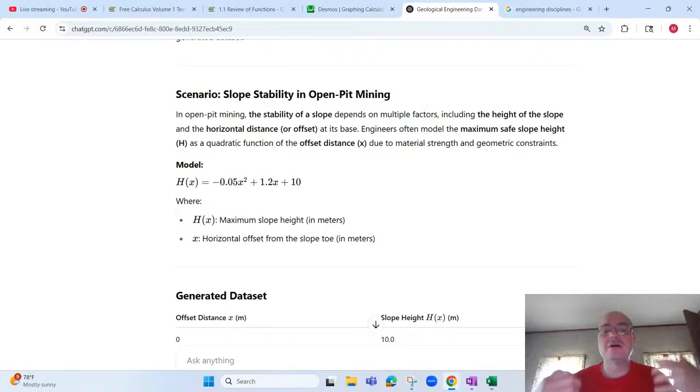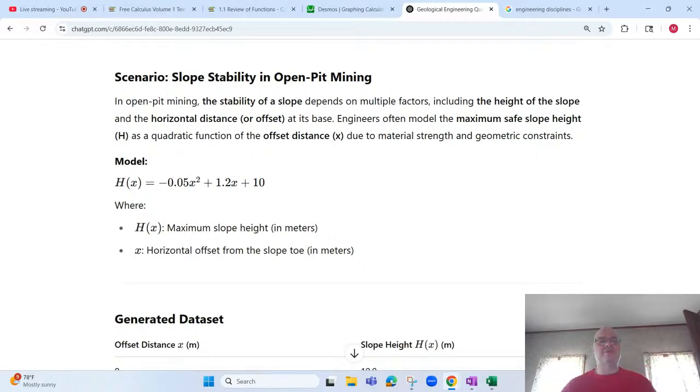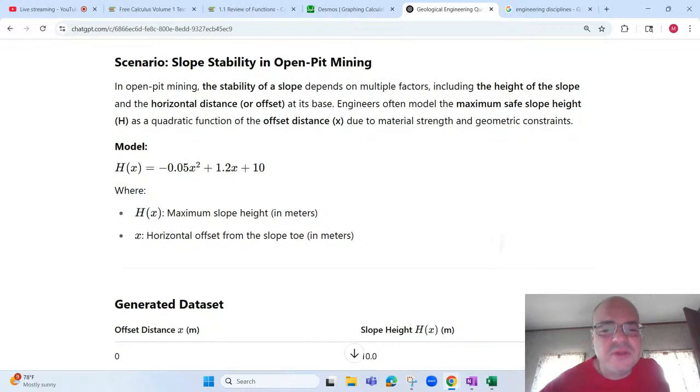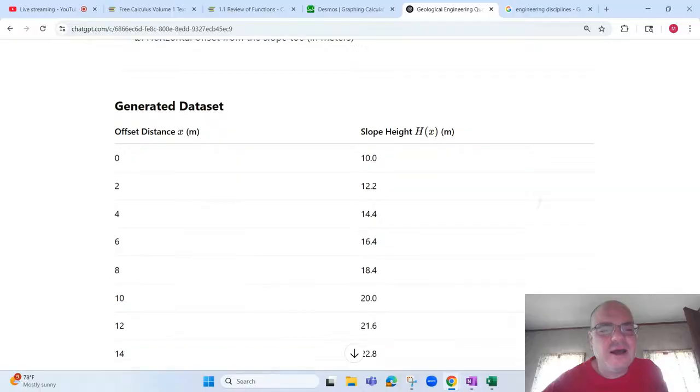And look at this. It's giving us slope stability in open pit mining. It gives us a function, maximum slope height in meters, horizontal offset from the slope toe, and we are given